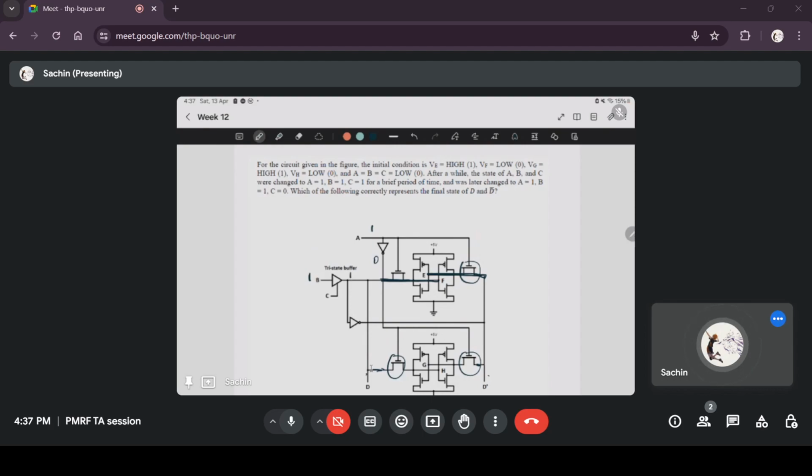The output will be 1 of the buffer if the buffer is on, and for the buffer to be on, C must be high. So when C is equal to 1, initially A, B, C are all 1. Whatever is at B, since C is 1, is transferred as the output of the buffer. B has 1, so a high value is transferred to the output of this buffer, and that is connected to F. So this F will become high. It will store 1. Okay. And simultaneously,